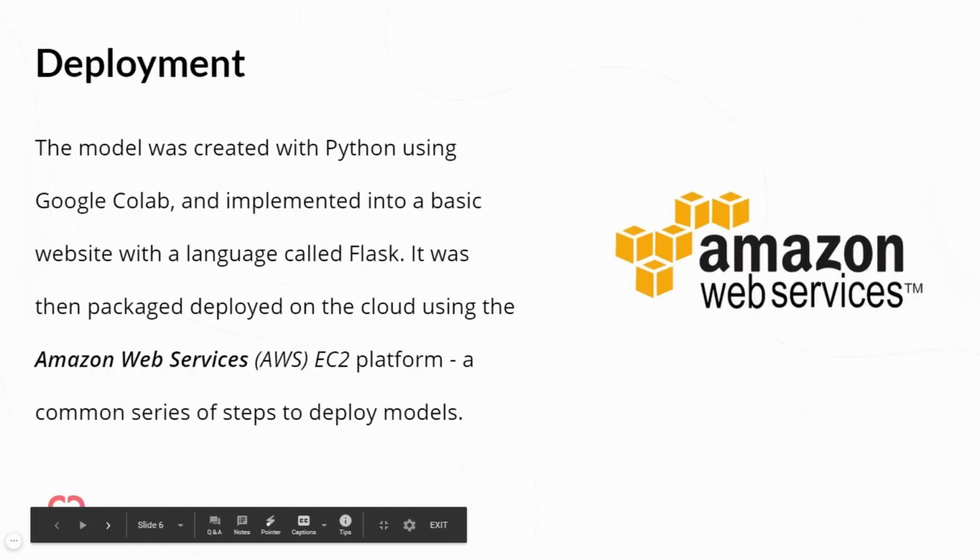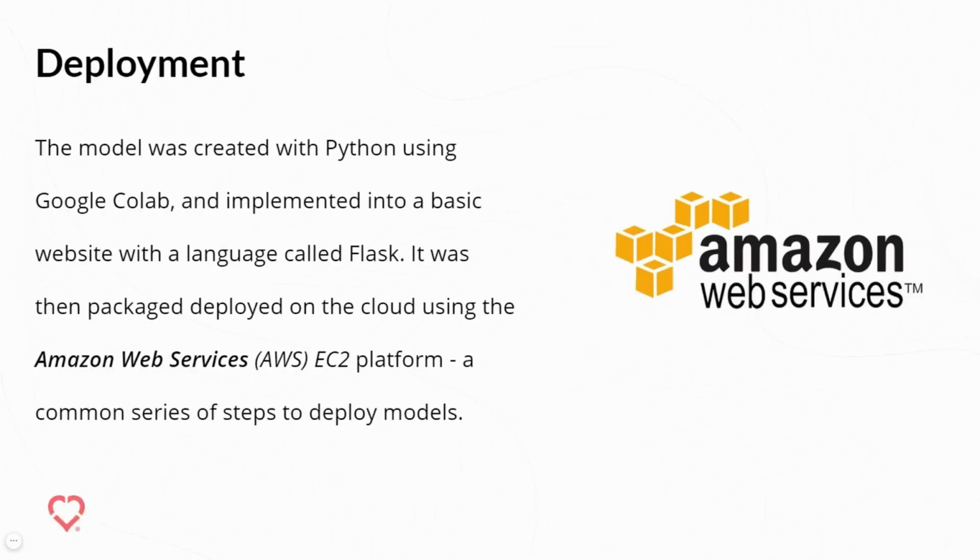So now that the model has been decided, making it actually isn't too hard. To develop this sarcasm checker, I used Python in Colab, an open source editor developed by Google. The model was trained to roughly 80% accuracy, and then it was implemented into a basic user interface with a language called Flask. Finally, the finished model was uploaded to the Amazon Web Service EC2 platform, one of the most popular services to release AI tools online.